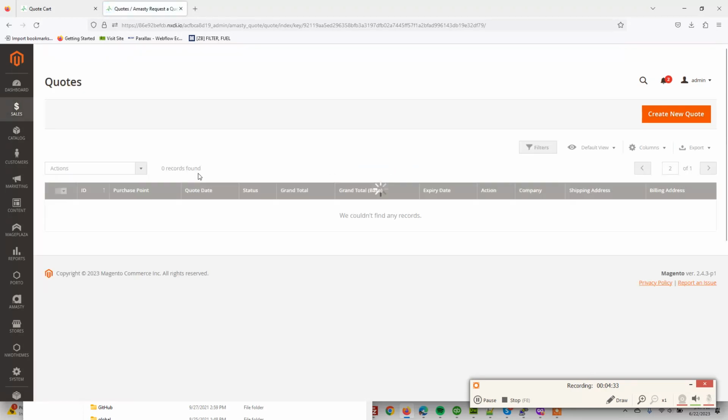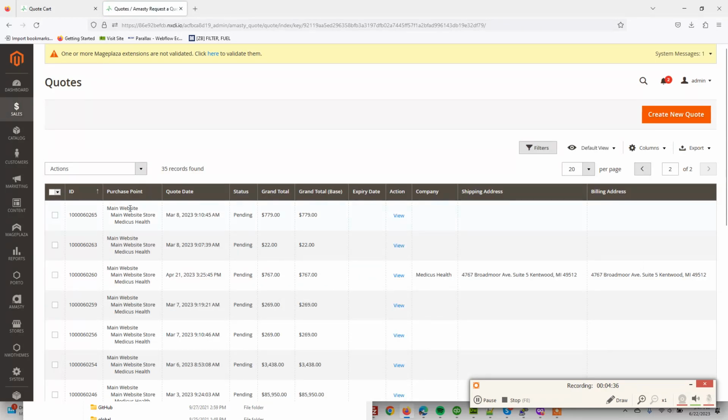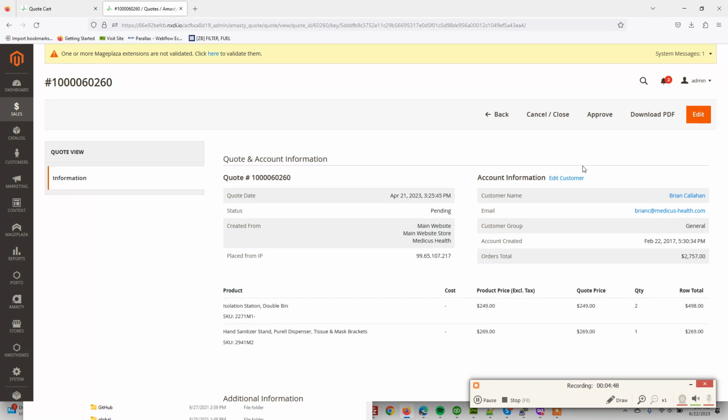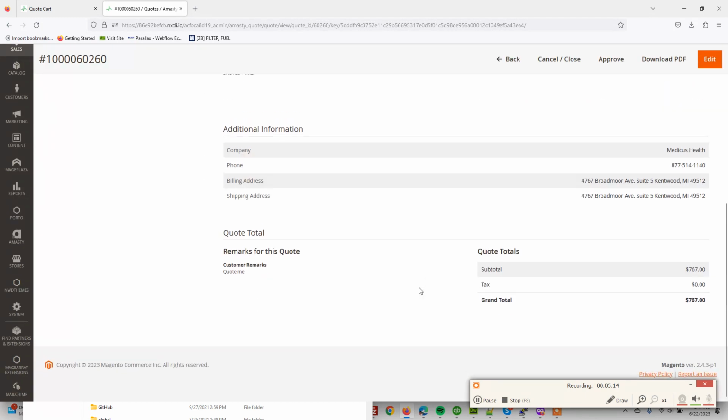So this being the quotes area, a backend admin can come in and take a look at all of this and view the quote. There can be an approval process, or not, or you can just automatically approve it, so when the customer checks out, or when they come back in, they would just see their quotes in there. At that point, they can convert it to the shopping cart and then create the order. They could do multiple quotes, add all of that into the shopping cart, or they could just do each individual one. So that's kind of what the back end looks like. They get an email,